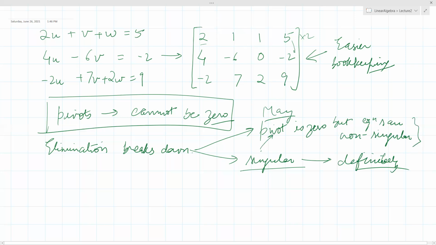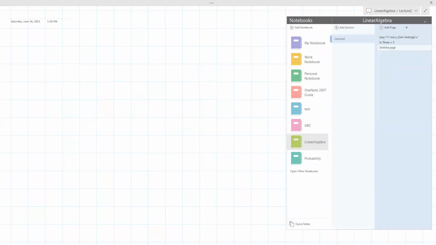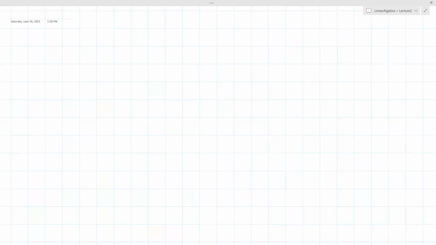Let us look at the example for the first case. Let me show that to you. Hold on a minute. Now let us look at this, an example for the first case. We have an equation u plus v plus w is equal to, let us forget about what is on the other side, u plus 2v plus 5w, and 4u plus 6v plus 8w is equal to.